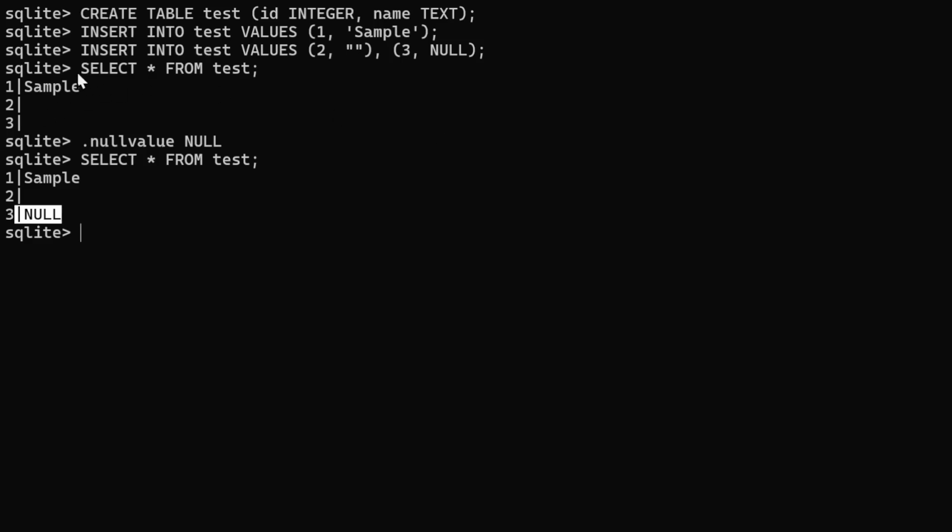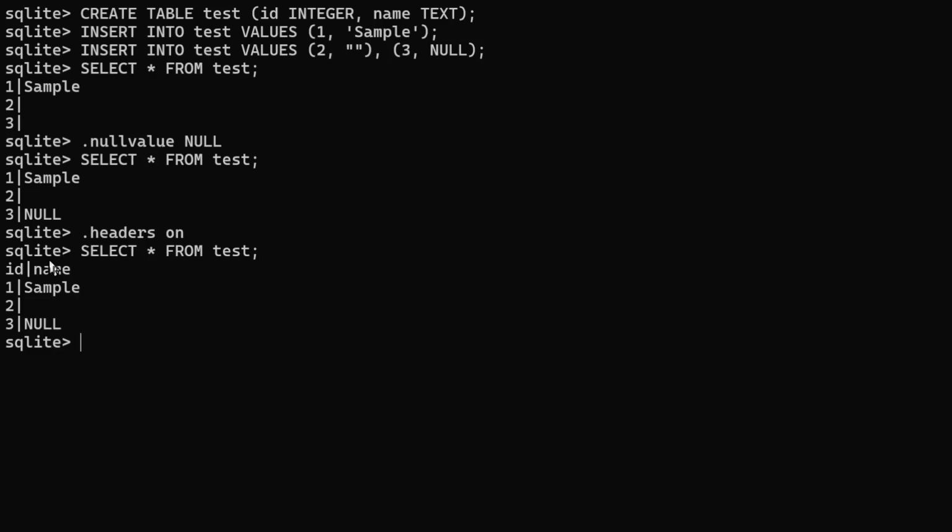Now, the second problem we have is the output format. We are not getting the headers. So for that, we'll use the .headers meta command. If we set it to on, we'll get the header values whenever we get the output. So here you can see we are getting the headers.